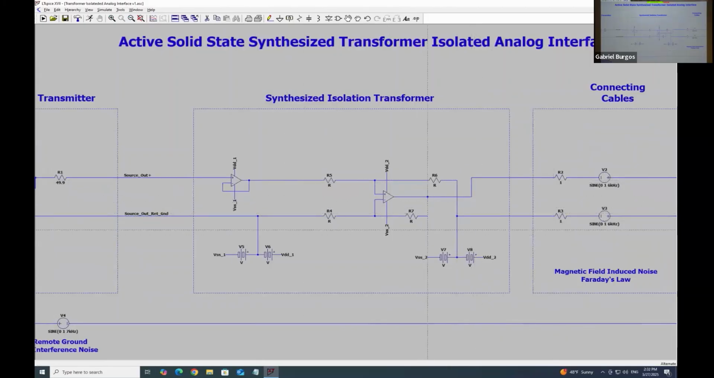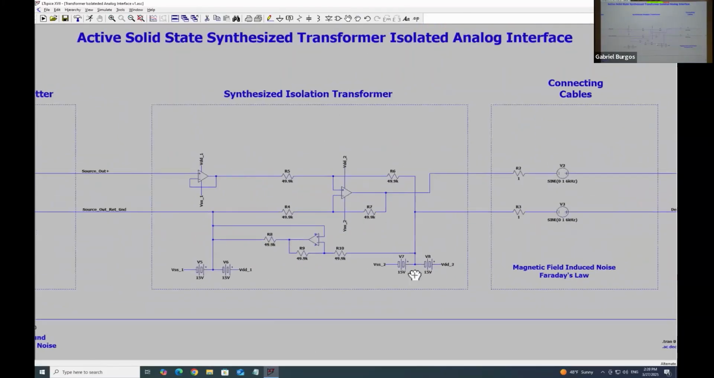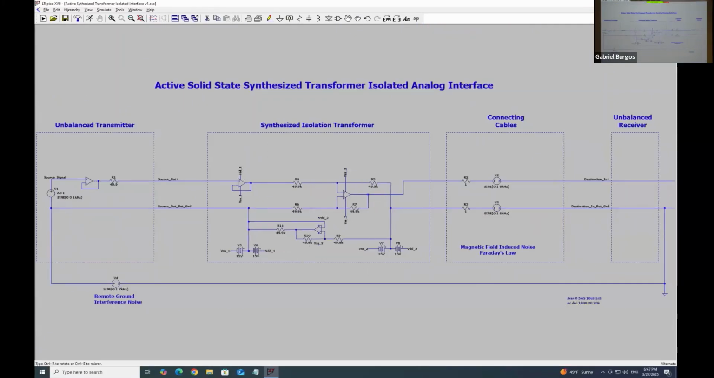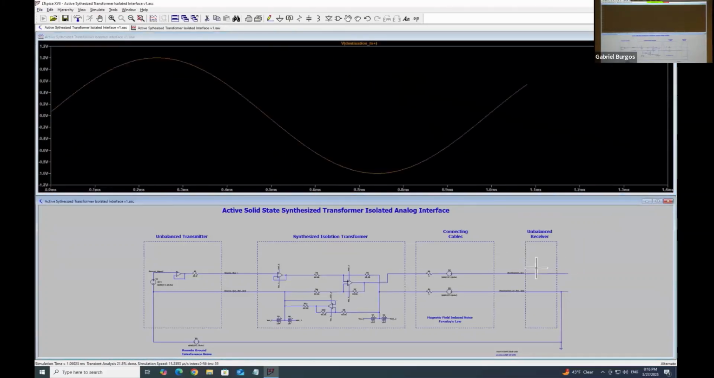You could see how well it performs. It actually performs better than the isolation transformer. It's got absolutely flat frequency response. It's got better isolation actually, and